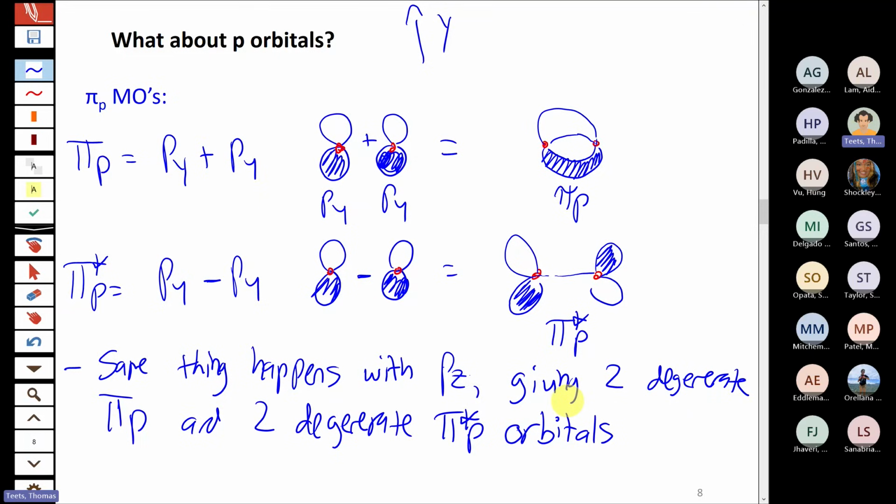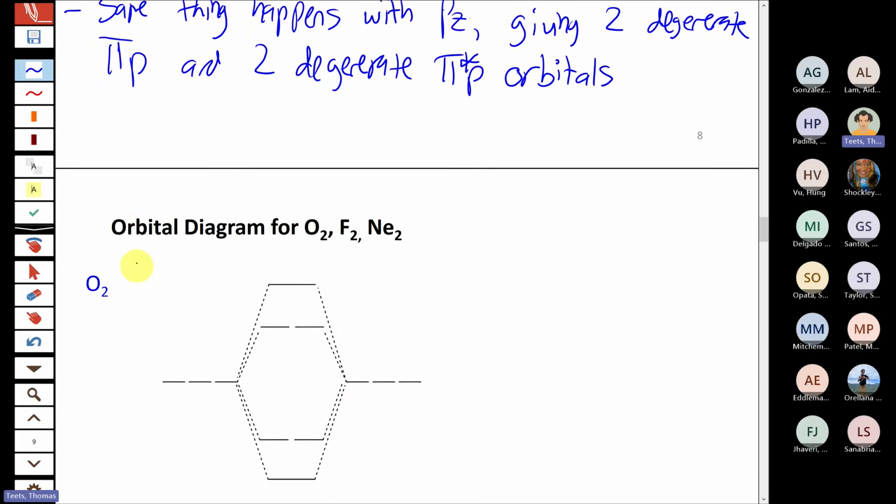So that's what happens with the pi orbitals. And that means when we have elements that are in the p block of the periodic table, so carbon, nitrogen, oxygen, fluorine, or anything below them, the molecular orbital diagrams end up being more complicated because you're going to have s valence orbitals, typically 2s if you're starting with that second row. And then those are going to make the sigma star. And then within the p orbitals, you're also going to have a set of sigma orbitals and sigma star and pi star. So it's more complicated, but the general outline is given. So this is what the orbital diagram would look like.